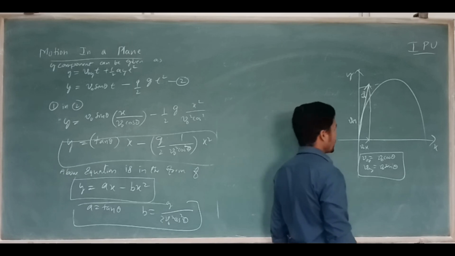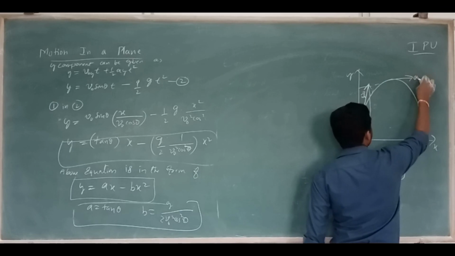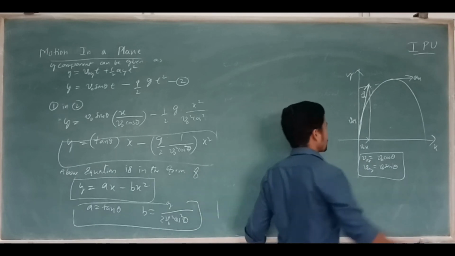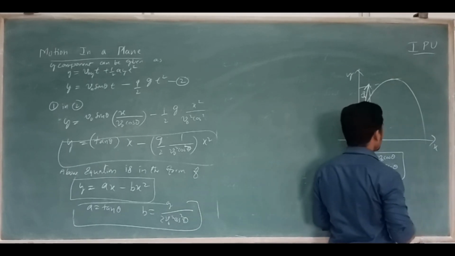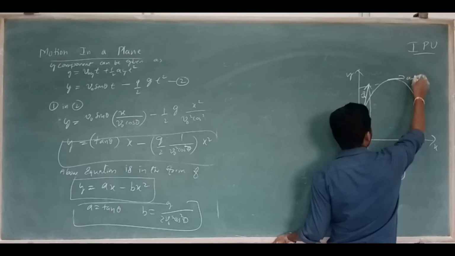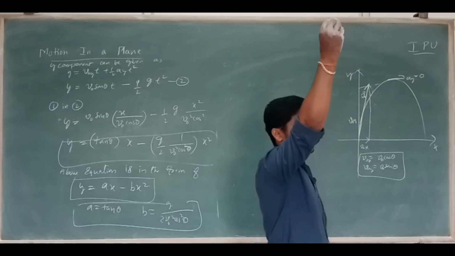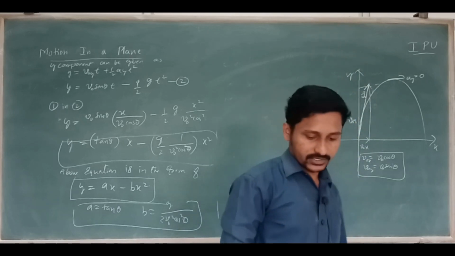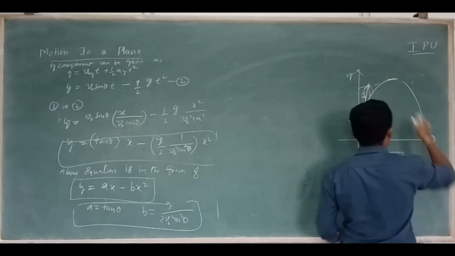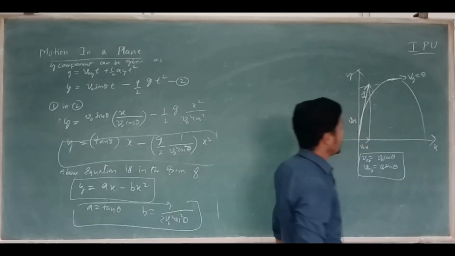So always if you write down the direction, the tangent will give the direction. Acceleration is in this way; here there is no acceleration along the x direction, so only displacement is there. At the topmost point, acceleration will be in the downward direction, and the velocity, sorry, vy will be 0. Only the y velocity is going to change.